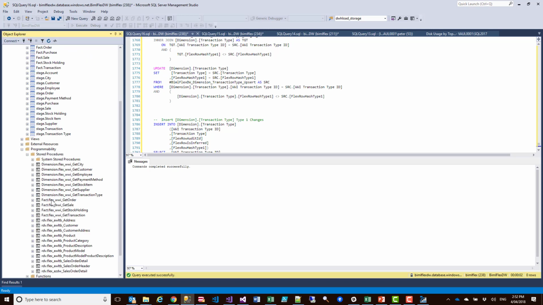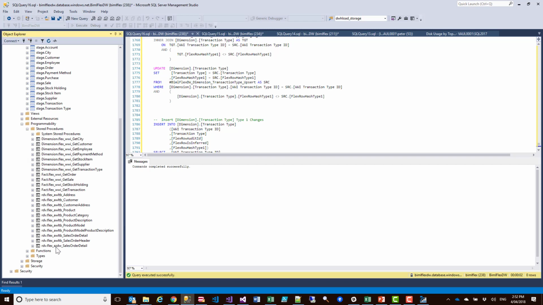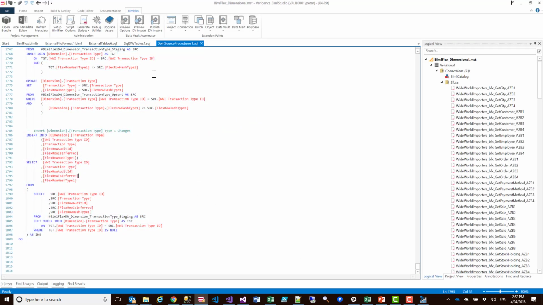You'll also see here that I've got some additional ones, which is our data vault stuff, with this RDV over here. But the ones that we're going to need to load are these guys over here. It's going to be using them to load our data mart. The next thing we need to do is just build the project again. And this will now build out an additional